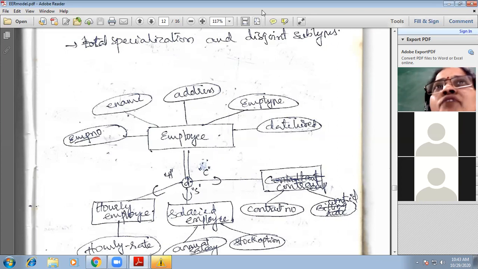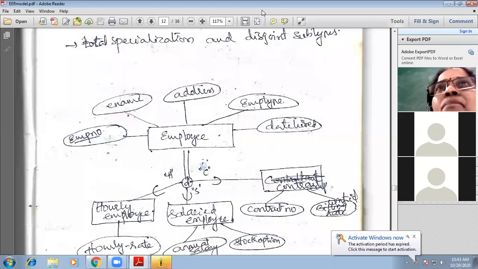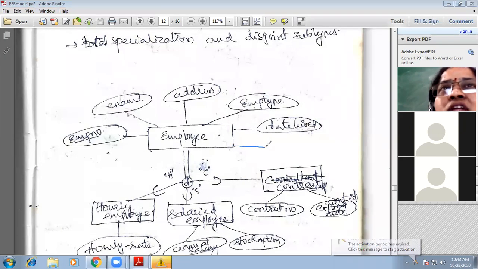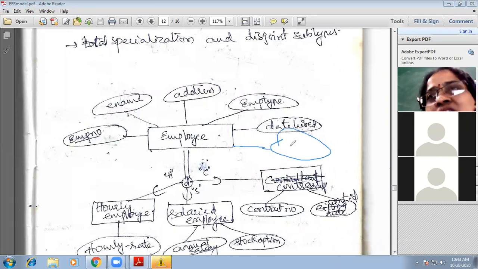So we take a new attribute called the subtype discriminator, which here is employee type. When employee type is equal to H, we say it is an hourly employee. Then we join these two tables using the primary key and foreign key, and we can retrieve data from both tables.